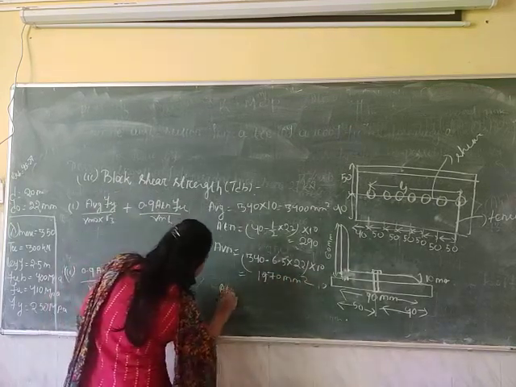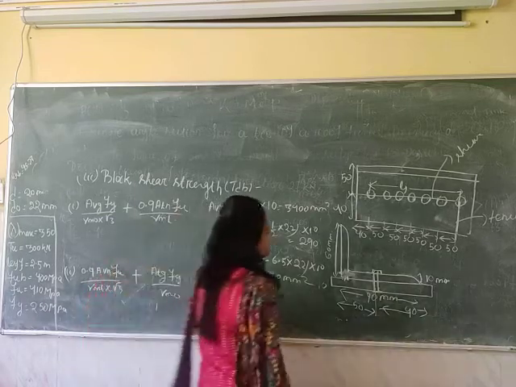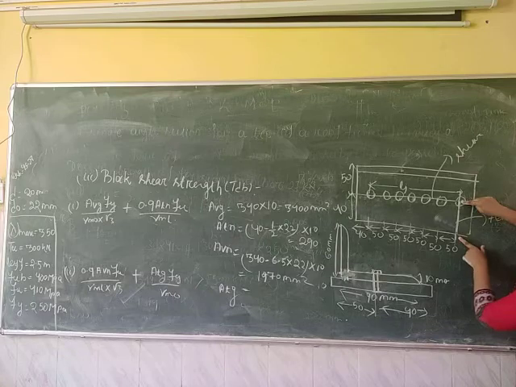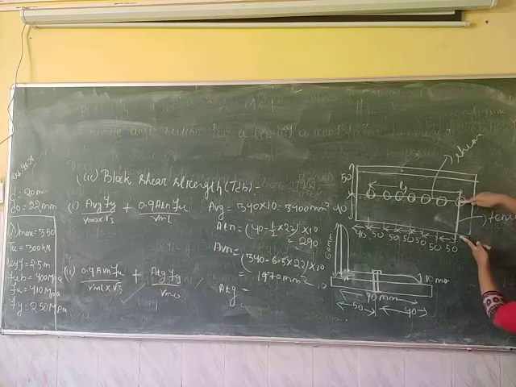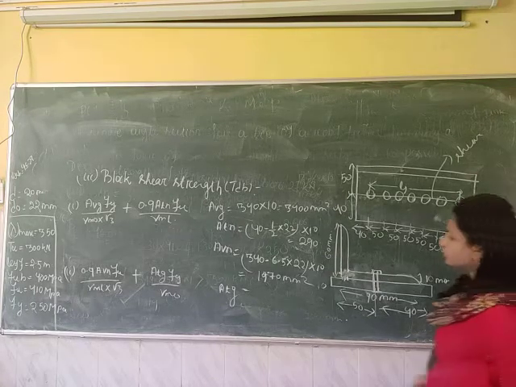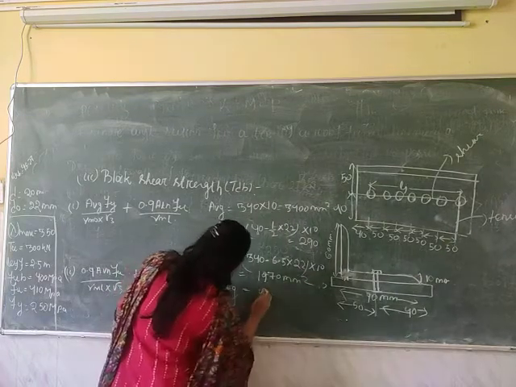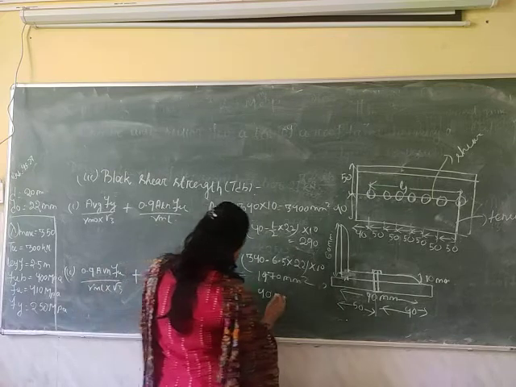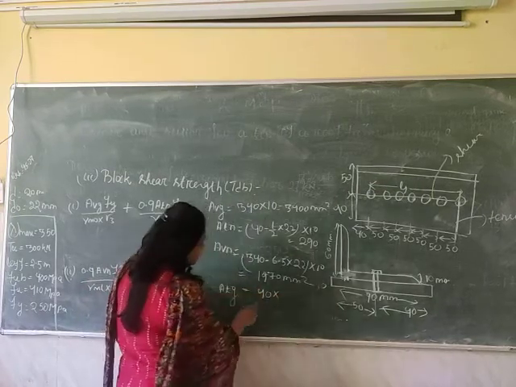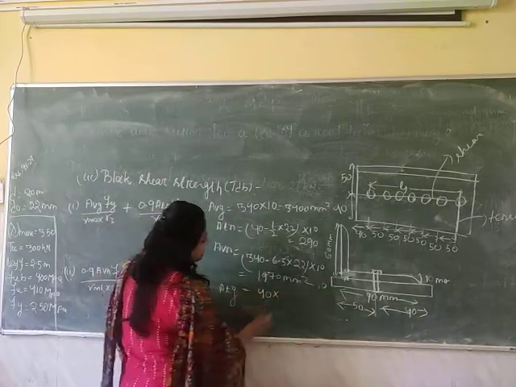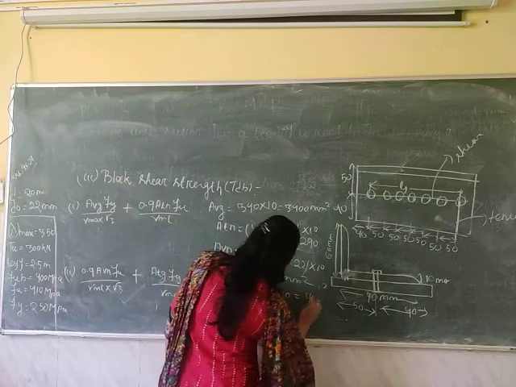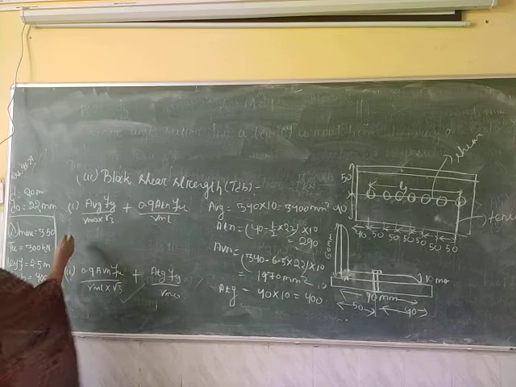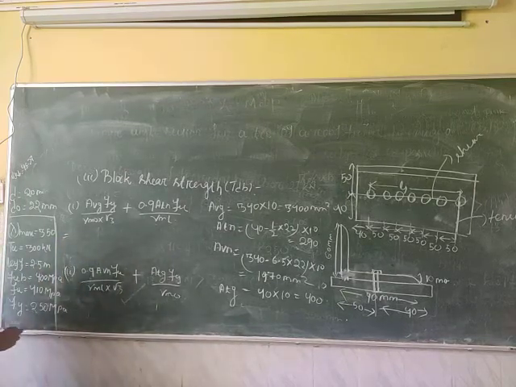ATC is the gross area of the tensile plane. Okay, gross area of the tensile plane. So this is the tensile plane, and the gross area of this plane will be this whole total length, that is 40 into 10. Gross area means no need to deduct the bolt hole diameter. So here the gross area of the tensile plane will be 400 mm square. Okay. So after calculating these values, put all the values here in these equations.